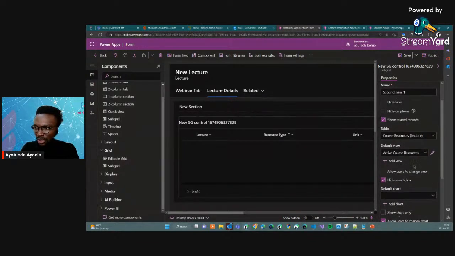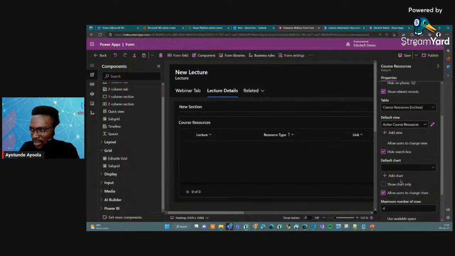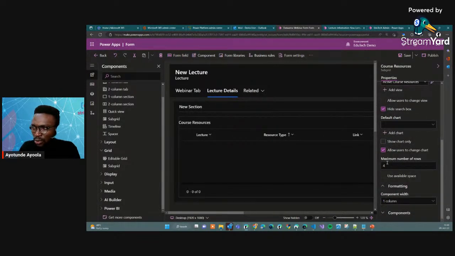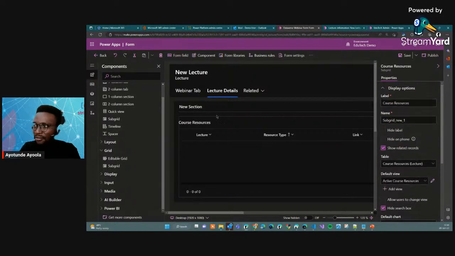And then I can say I want the default view to be active. Don't forget views. I want it to be active. I can do a lot of manipulations depending on what you want, how many rows. I can say, okay, what maximum rows on a single view should be 5, and then instead of, see, I don't want to have,